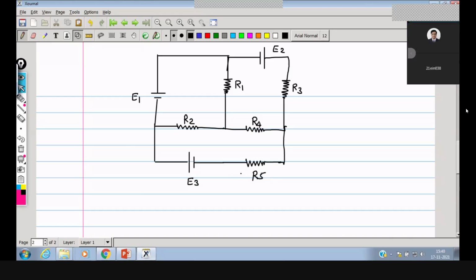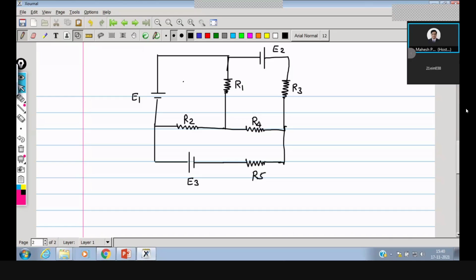Three meshes. You can easily identify the number of meshes because a mesh never contains an inner loop. So we can simply identify the number of meshes here. Okay. So we'll find three unknown parameters here. Which are they? They are the amounts of current flowing through the different meshes.